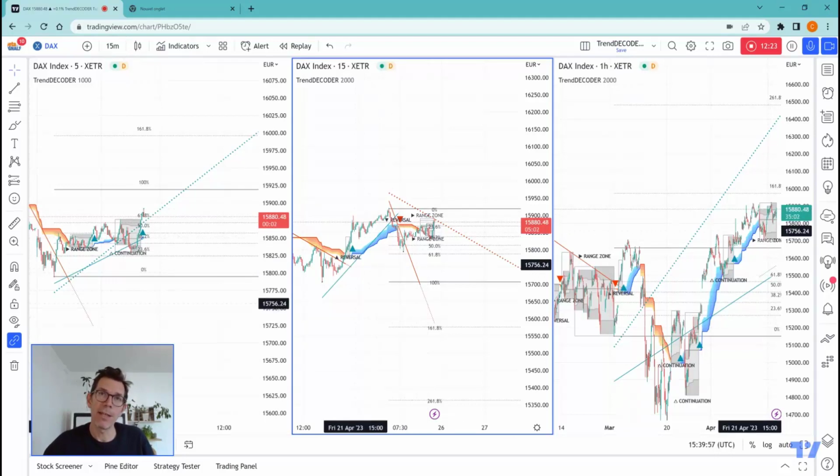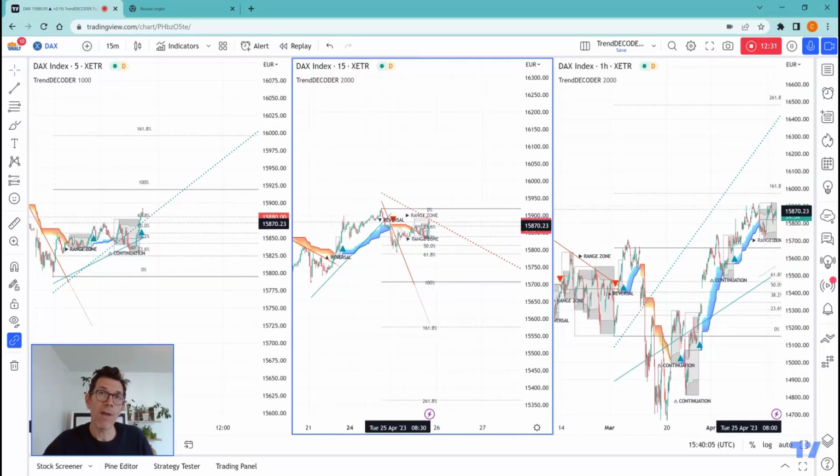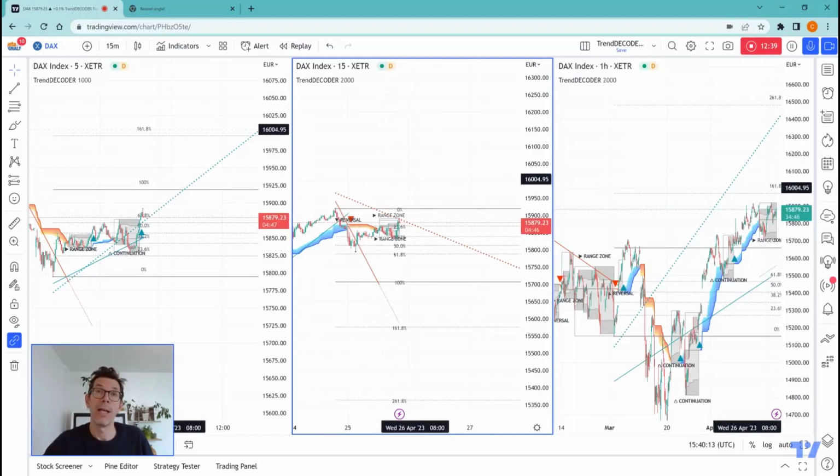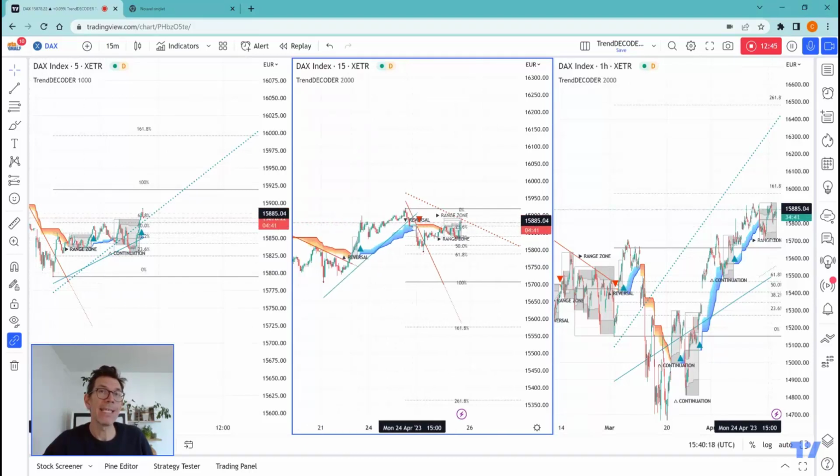So if we take this example on the 15-minute index, as you can see here, the real-time trend line gives you a very early signal of the trend losing strength and finally reversing. And even before the gray box has spoken here, you could easily see that the trend was about to end with this crossing. So what is great with this tool is that you have very down-to-earth and very easy reading